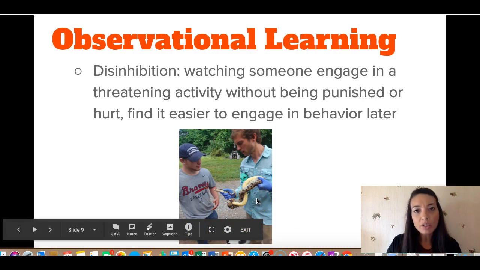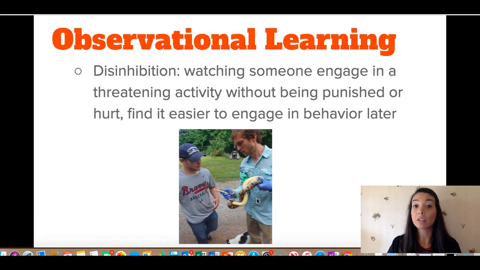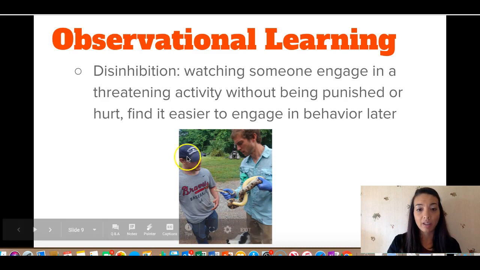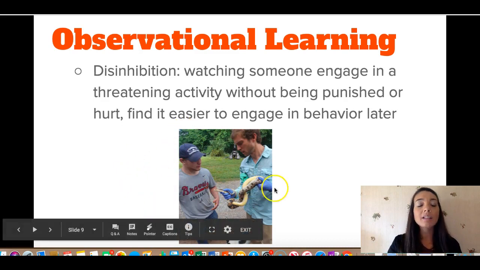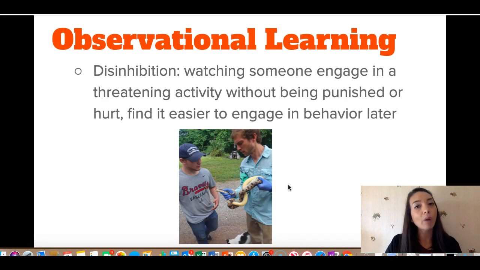I watch them engage in this behavior. They might teach me a little bit about hanging on to a snake, how to not hurt it, how to hold it, all of those kinds of things. And because I have watched them engage in this seemingly threatening activity, right? And I'm using the word seemingly on purpose because I don't like to handle snakes.